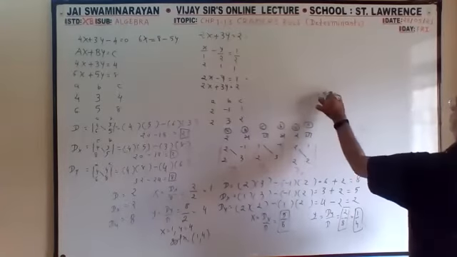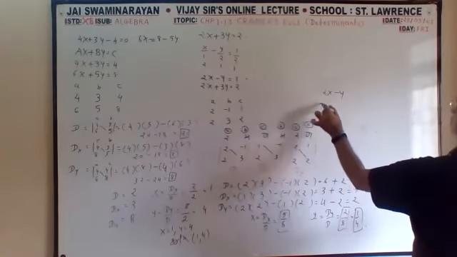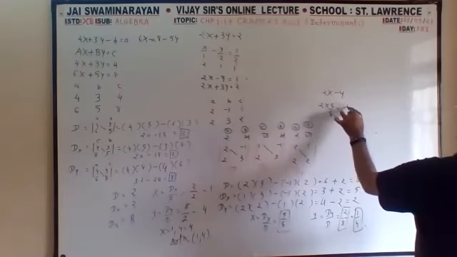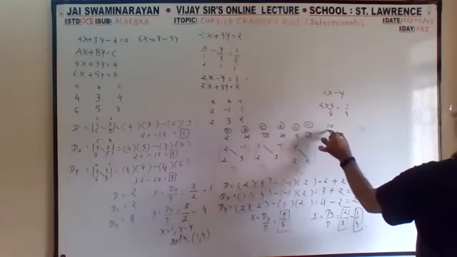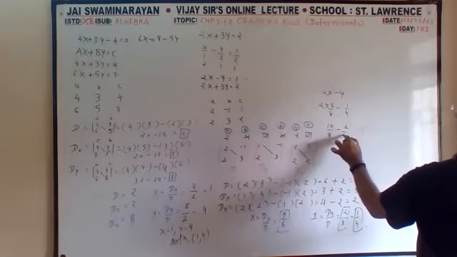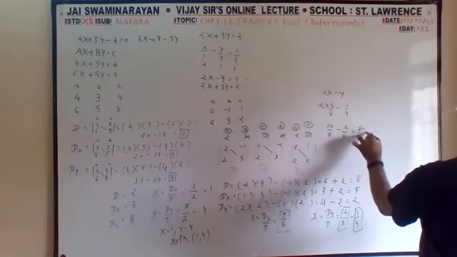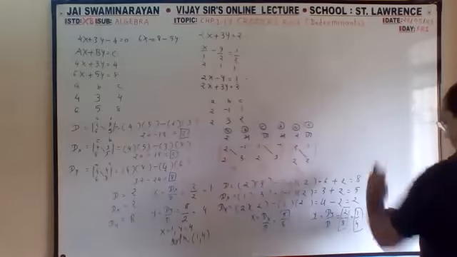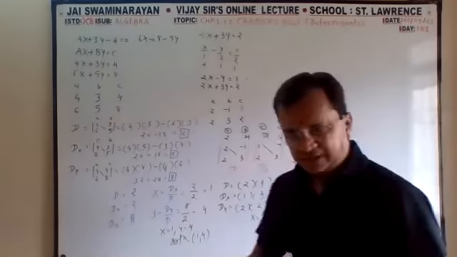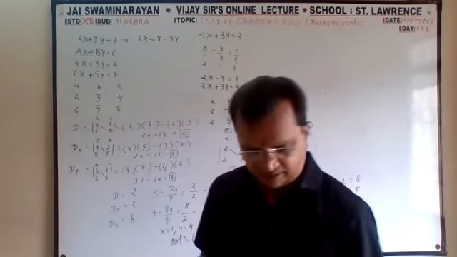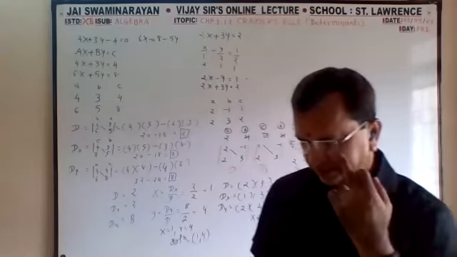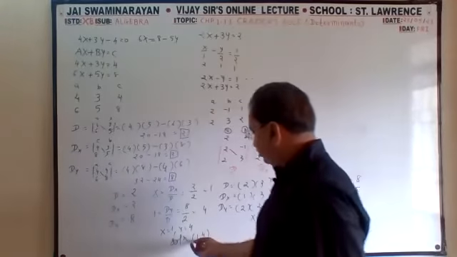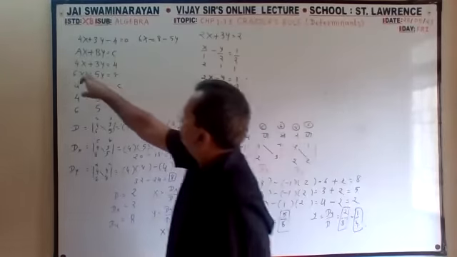So now 2x minus y. 2x means 5 by 8, minus y is 1 by 4. 10 by 8 minus 2 by 8. So 8 by 8, it is 1. Left side, right side equal. Okay, that was my mistake. So like that, by the substitution method, you will come to know which is correct and which is wrong. Anytime you can substitute this 1 and 4.